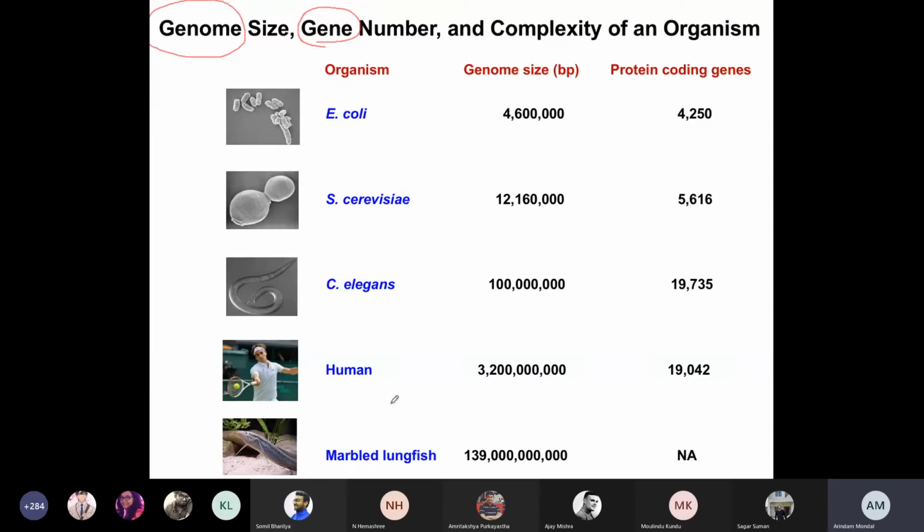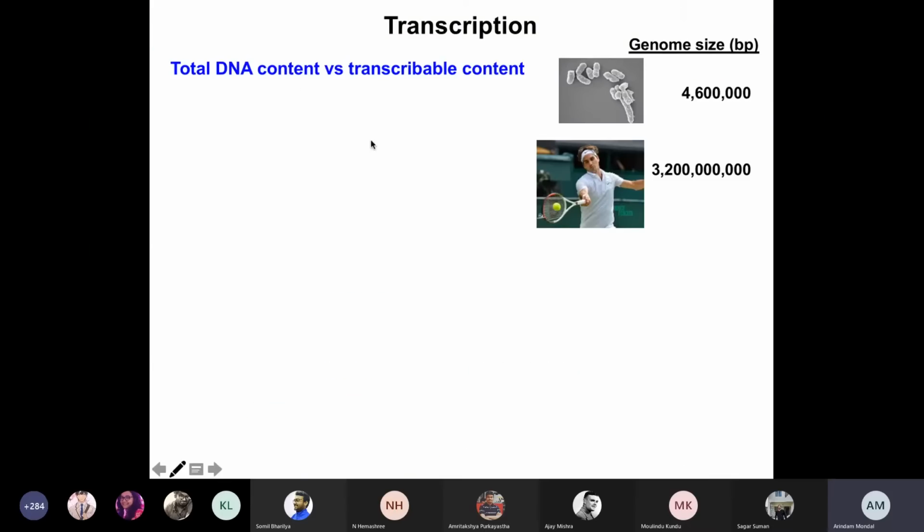And actually in this particular class we are going to discuss one simple regulatory mechanism, that is, how the expression of the gene gets regulated even in the case of the E. coli. It's not that in the case of the E. coli there is no regulation. In the case of the bacteria also, you can see regulation. And we are going to discuss one of those in this class only. Okay, so